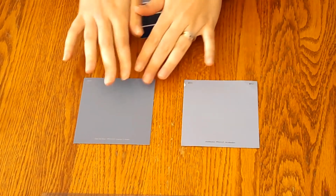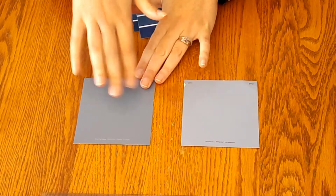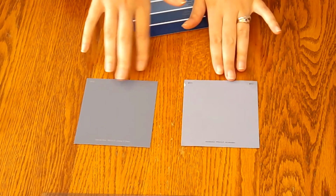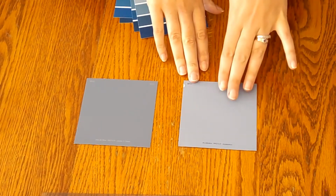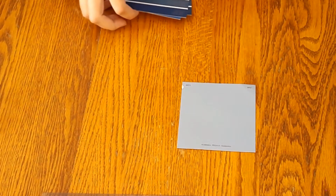Okay, so this one is the darker of the shades. It is called License to Dream. It's a bit of a medium dark gray blue. If we go on the lighter end of that spectrum, we've got Acceleration. You prefer the lighter color? Certainly. So let me tuck the darker one aside here. And we're going to look at now